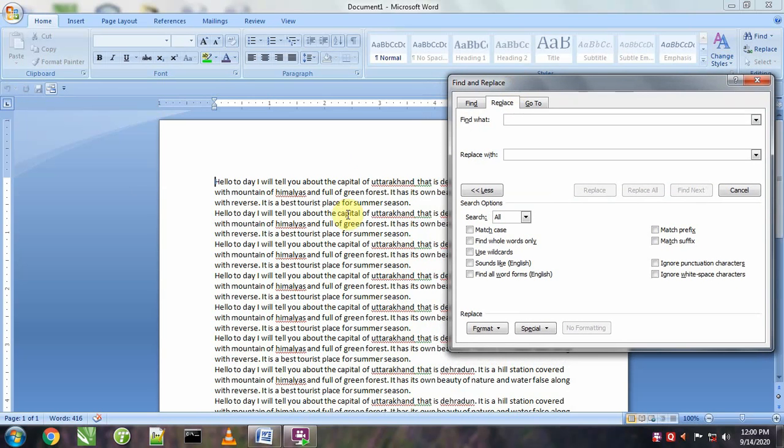First of all, suppose I want to replace this Uttarakhand. Uttarakhand is the state name and it is by mistake written in small case. I want to write it in uppercase, which means we have to convert its first letter to uppercase. So for this we will write it like this, Uttarakhand, or we can do it like this also. I will double click on it to select it and click here.